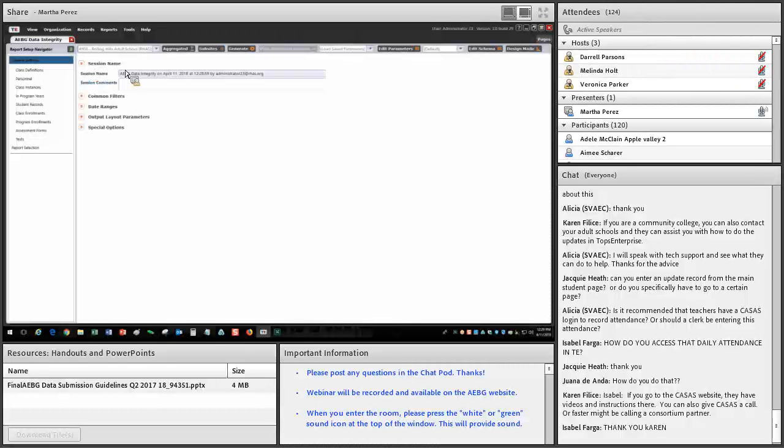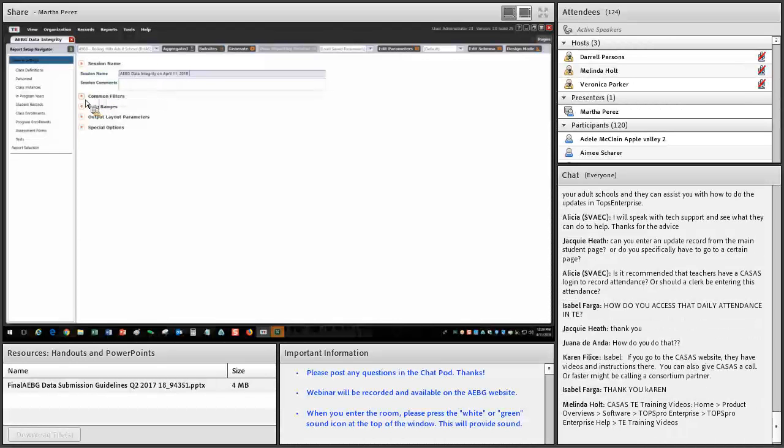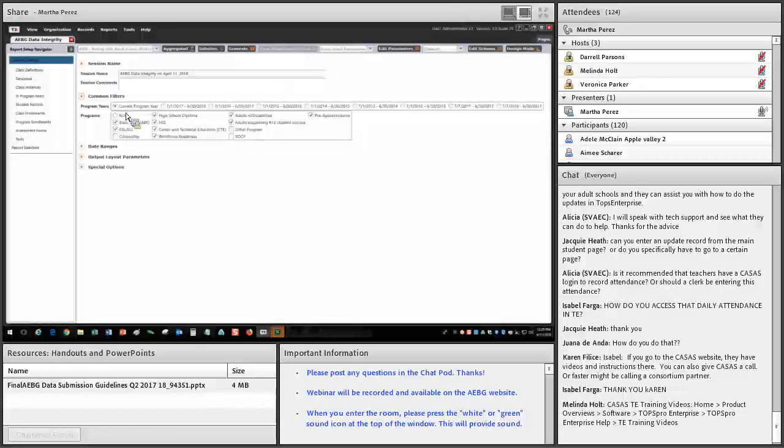As you can see, there are different sections. I always like to compress these sections because it looks like a lot of information in here. So the first section includes the session name, which is just the name that it's going to be addressed by, the name of the report. You can leave this as is. This is by default.